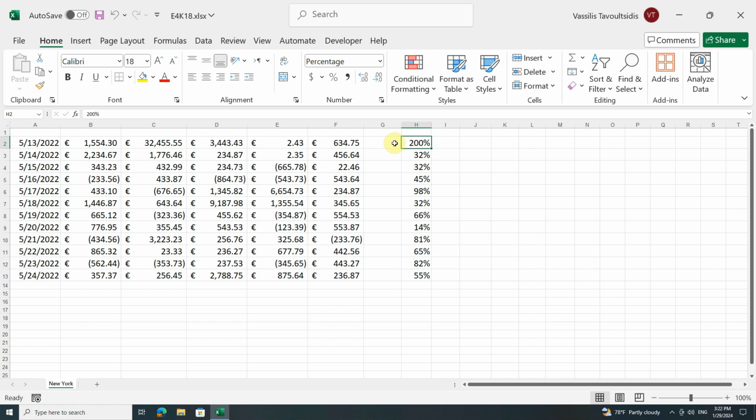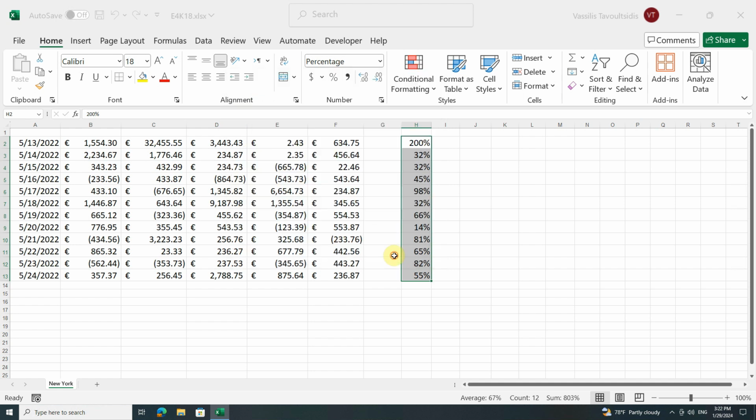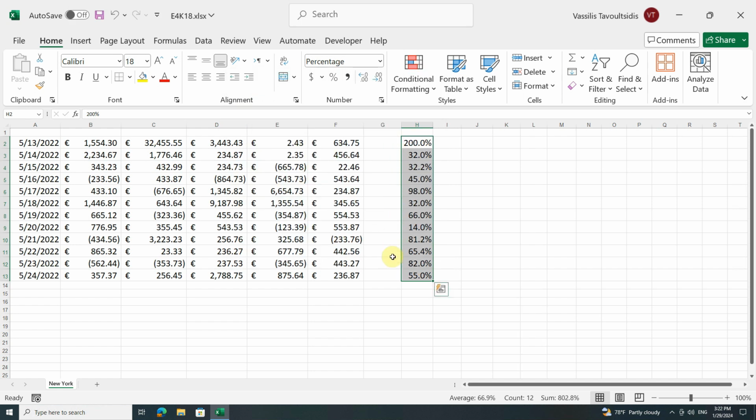Okay, let's see now how I can display decimal digits in percentages. I will select the range H2 to H13 again, and instead of clicking the button in the number palette, I will open the dialog box. See that the percentage category is selected. In this category, the only change I can do is to select how many decimal places I want to be displayed. I will choose 1 and I will press OK. So now you can see that the decimal digits are displayed like in cell H4, where the value